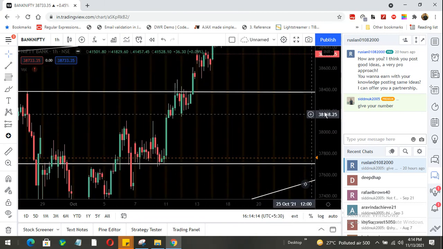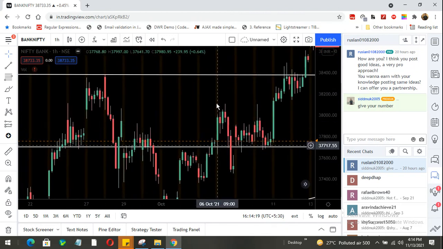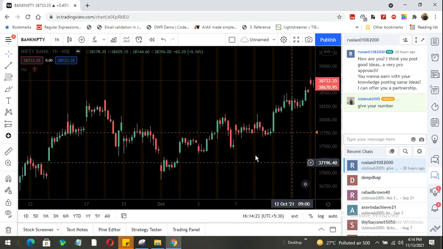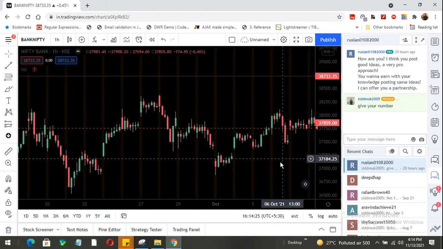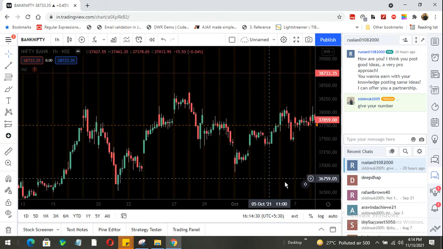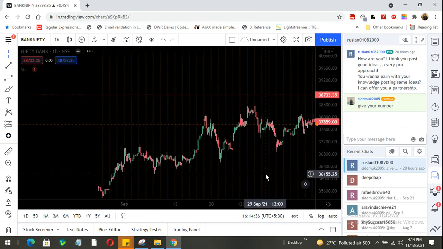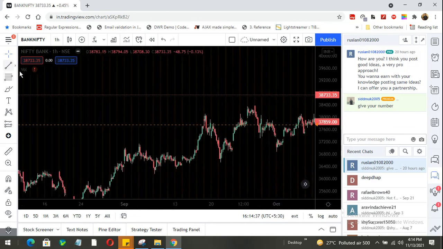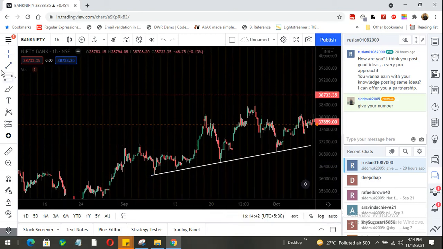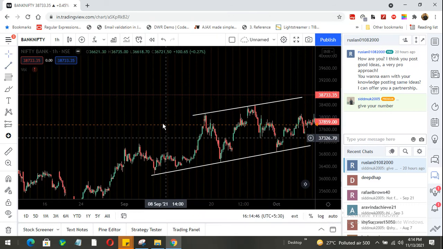If I remove everything here and show you this area only. In this area, can you please draw the support and resistance lines with the previous information you have? So with the previous information, this is my support area, this is my resistance area, correct? And with these two details, I will show you where the Bearish Harami pattern is.